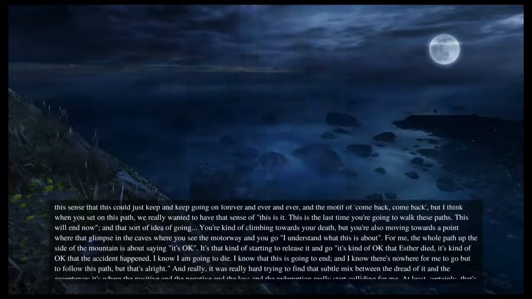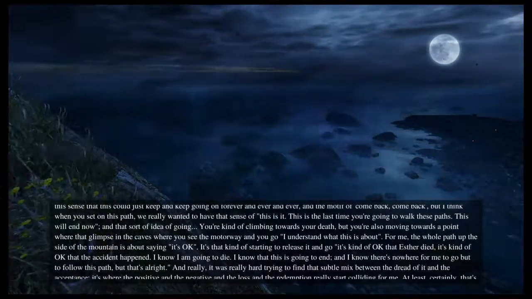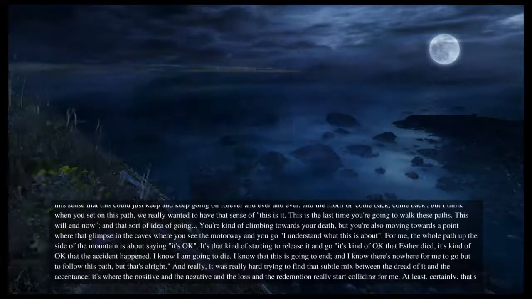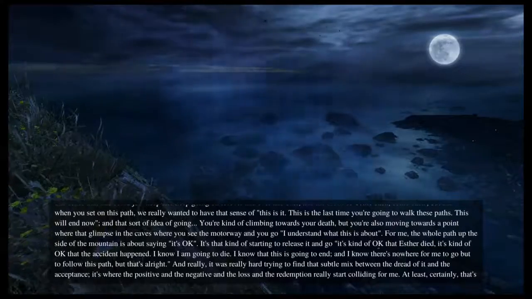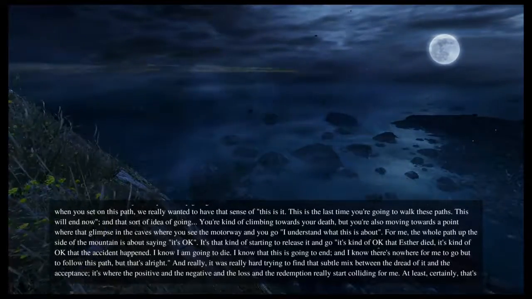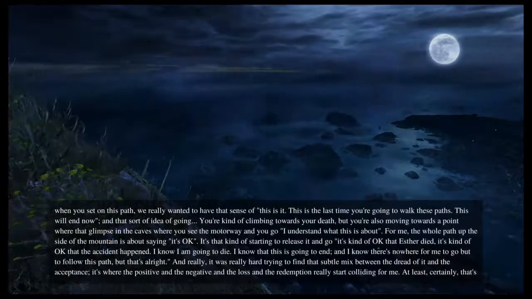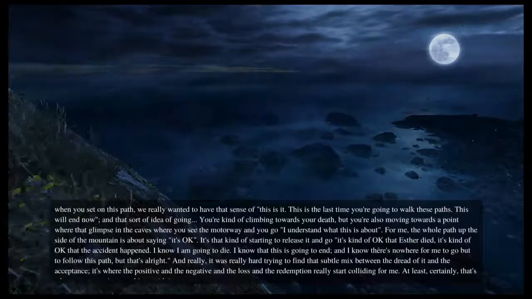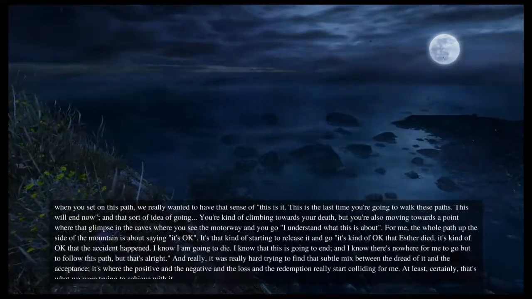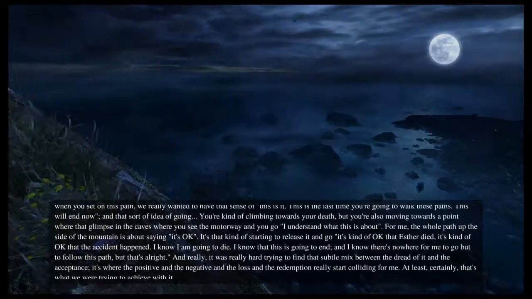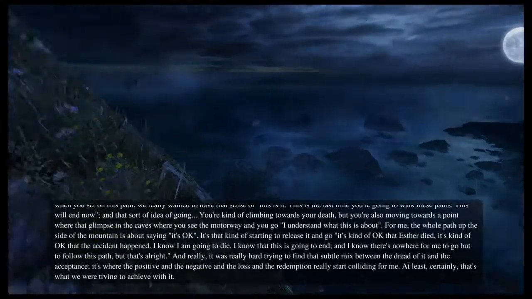I know that I'm going to die. I know that this is going to end. And I know that there's nowhere for me to go apart from follow this path, but that's all right. It was very hard to find that subtle mix between the dread of it and the acceptance. It's where the positive and the negative, the loss and the redemption, really start colliding for me. At least certainly that was what we were trying to achieve with it.